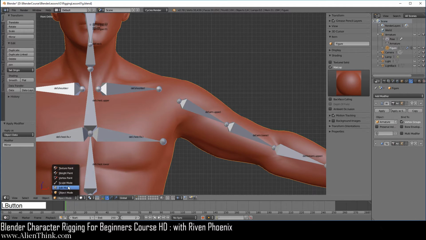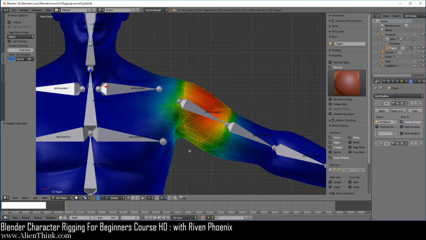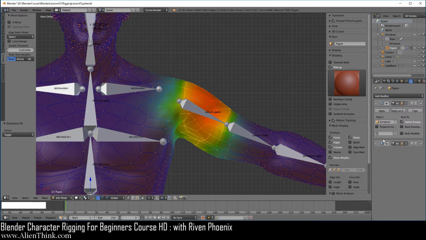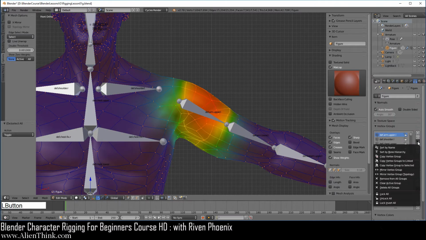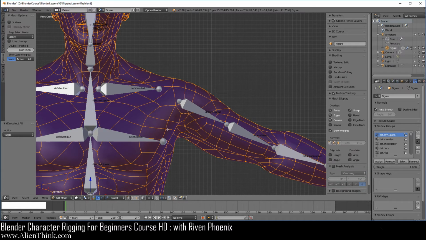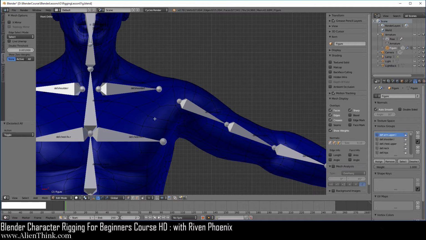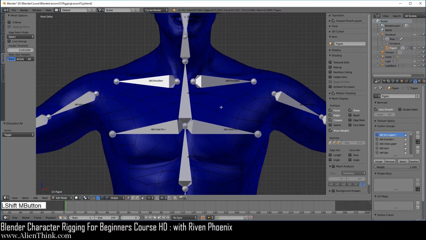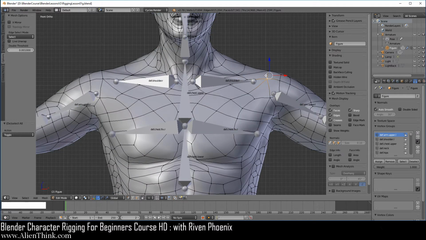Now first, I want you to switch to edit mode before doing anything. Press the A key to select all the vertices, go to the data tab, go over here, and you're going to do remove from all groups. We're only doing this so we can understand what's going on. Okay, now go ahead and turn this off because this will allow us to see the actual wire on the figure. So do A to deselect all the vertices. Now, since we no longer have a mirror modifier, if we click on this vertex over here, actually go ahead and shut off show weight so we can see what's going on.